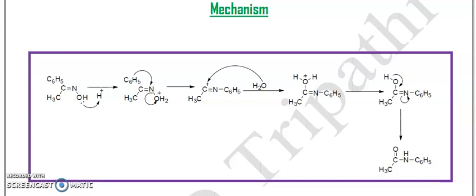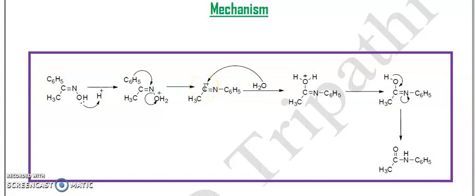As you can see, we have oxime in the starting material, and this oxime has an NOH group with a lone pair of electrons on the oxygen atom. And since it is acid catalyzed, we have H plus ions in the reaction medium, and these H plus ions will be picked up by the lone pairs of the oxygen atom. This will generate a positive charge on the oxygen and form an oxonium ion, which will facilitate removal of a water molecule, and this is going to generate the carbocation or positive charge on the carbon.